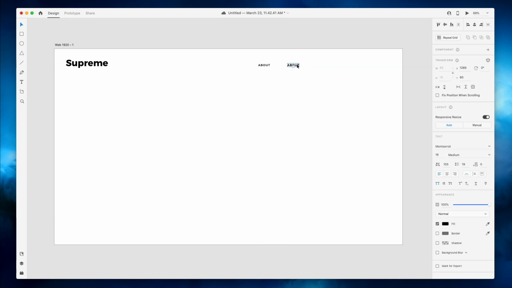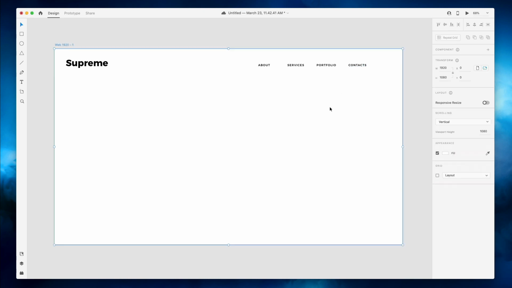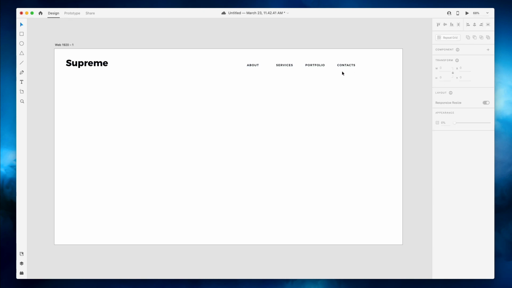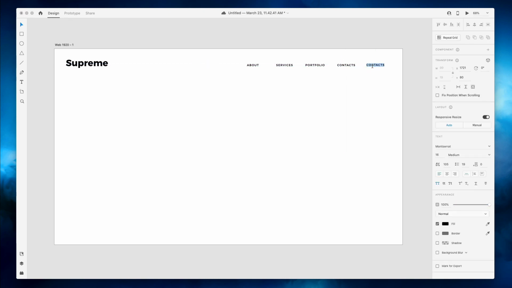All right, now let's go ahead and duplicate these guys. So it's going to be about services. We're going to have a portfolio section, and we're going to have a contacts. All right, so far so good. Quite happy with the base structure, and we're also going to have a login and sign up, and these are going to be buttons